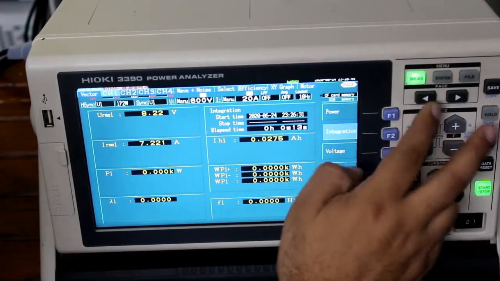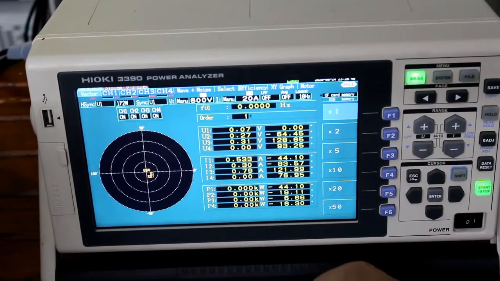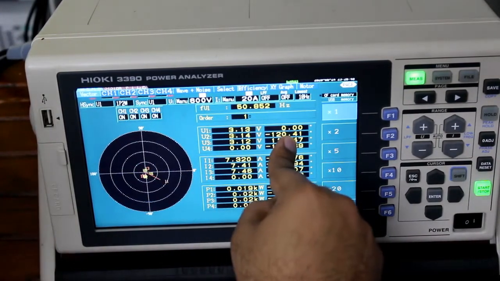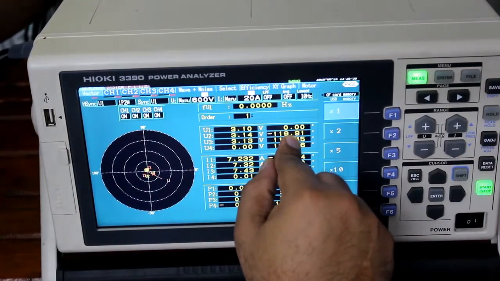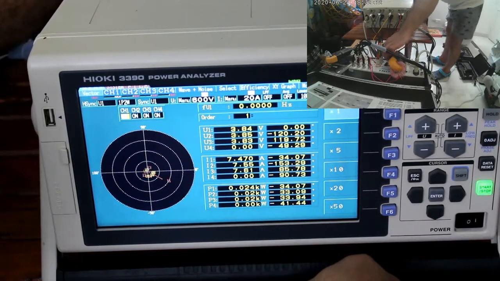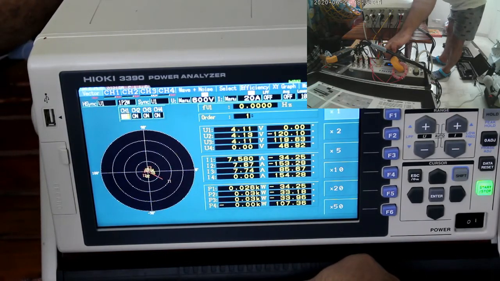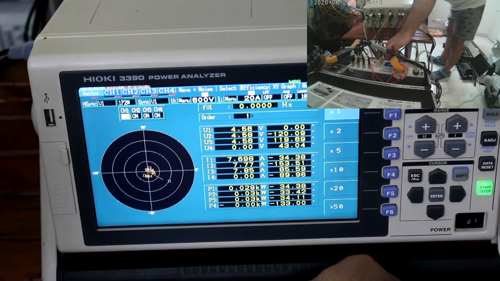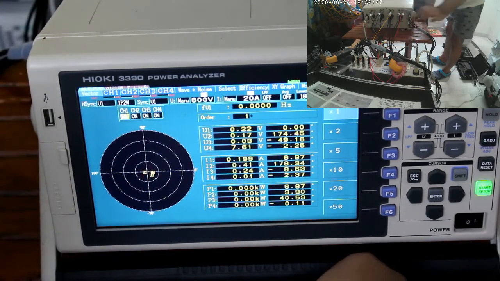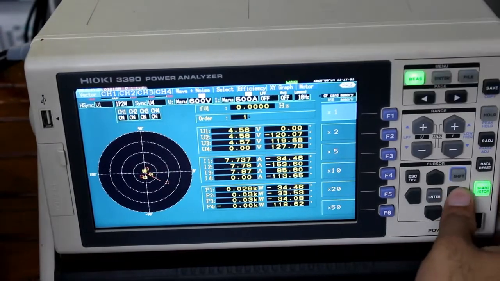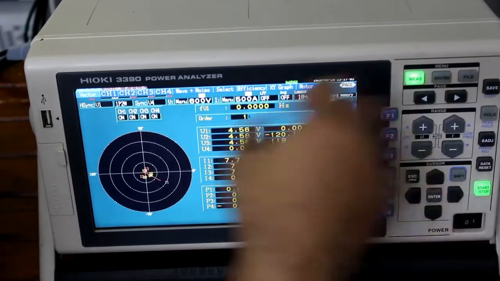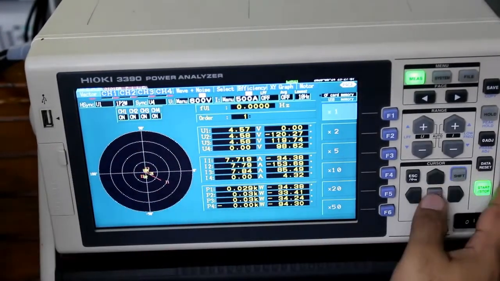Now the first one is the vectors. We can see the vectors here, and if I change, right? Then the readings will start coming up. I can switch on and off any channel from here, as you can see, like that.